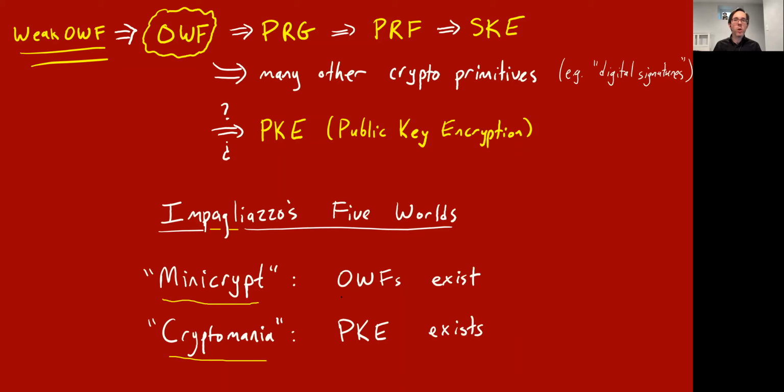And minicrypt is the world where one-way functions exist. And so you get a lot of cool crypto primitives, but not all the ones we know. And cryptomania is another world where public key encryption exists. And we don't know which world we're in, but we actually kind of believe we're in this world because we do have some schemes for doing public key cryptography like RSA. But these are 2 distinctions that need to be kept in mind. So I mentioned that because it's a pretty famous paper in complexity and